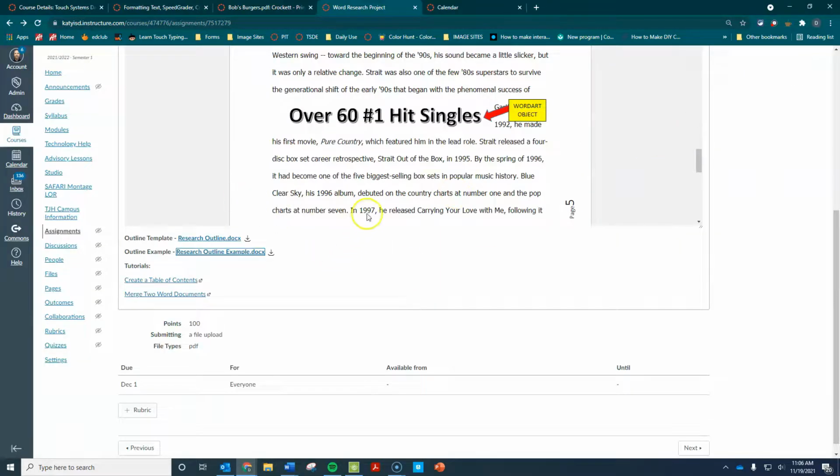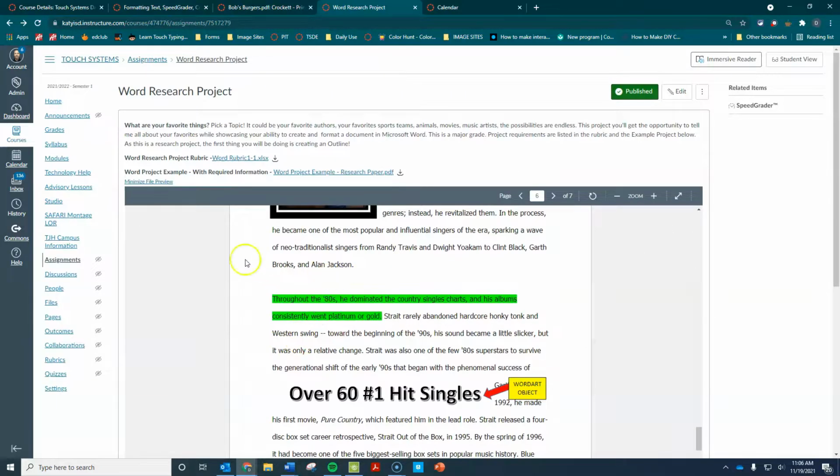So that's really it, guys. You will submit this as a PDF. See that right here. It is a major grade. If you have any questions while I'm gone, message me in Canvas. I'll be glad to help you with this in any way that I can. You will also have on here a daily checklist of things that you need to knock out as well. So I'll be posting that as soon as I get